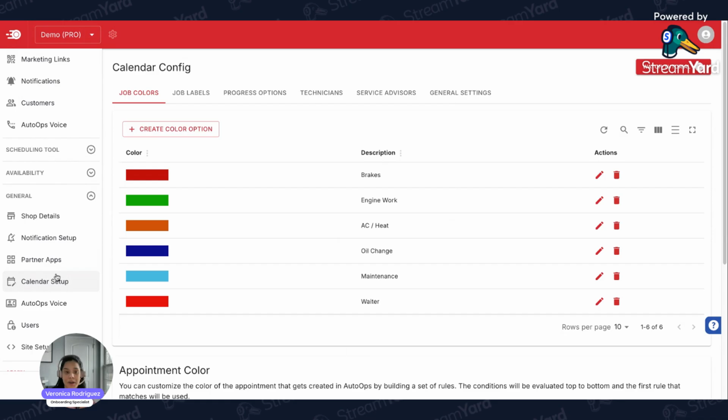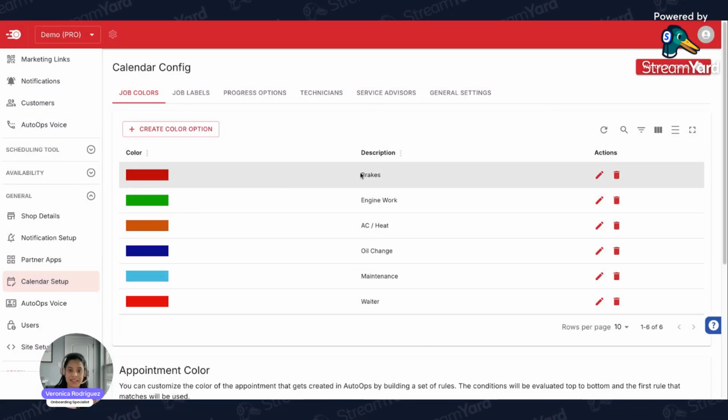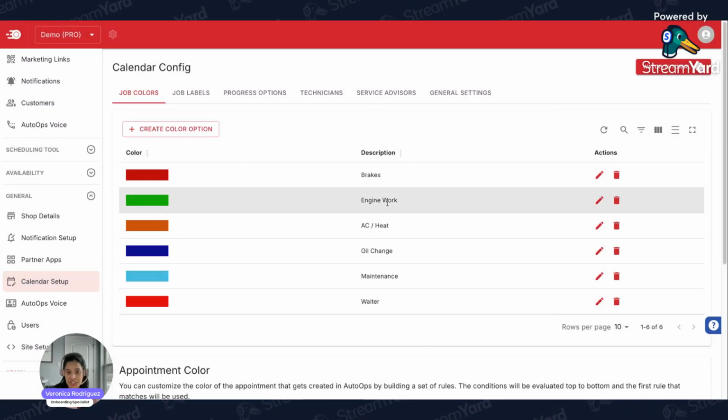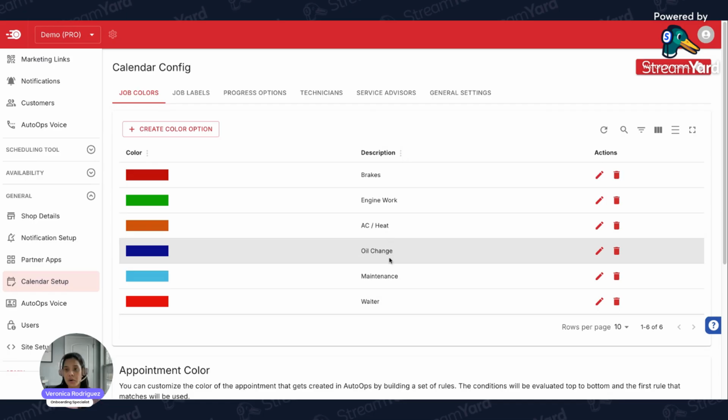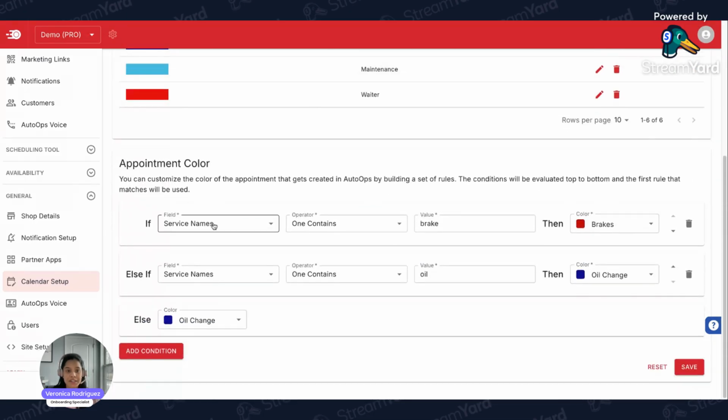Calendar setup. This is what I was touching base on earlier with your calendar. If you need to customize your calendar to best suit your shop, you can. As you can see here, you can create color options, which we already have some set in place, as I mentioned earlier, for brakes, engine work, AC and heat, oil change, maintenance, and waiter. We also can make some